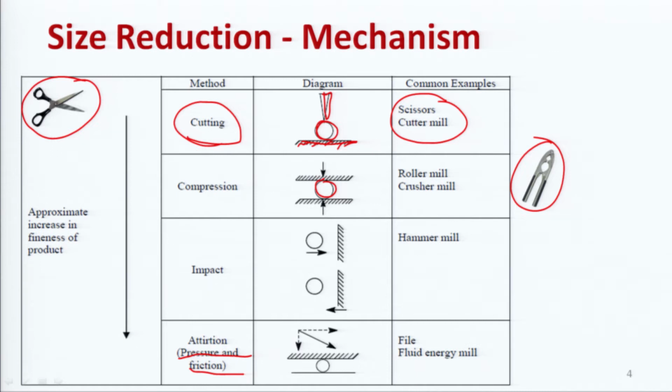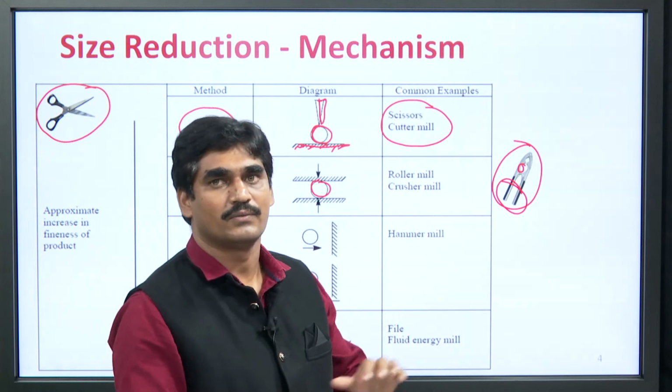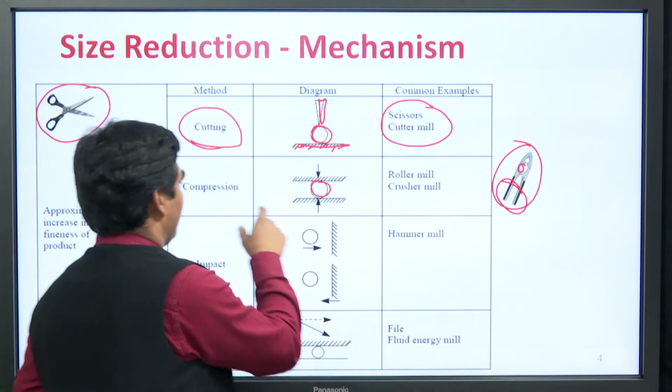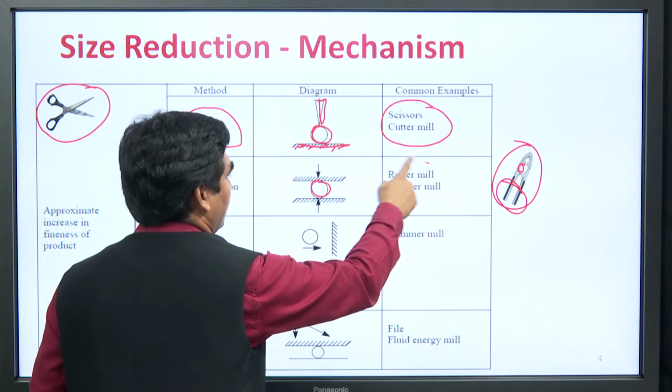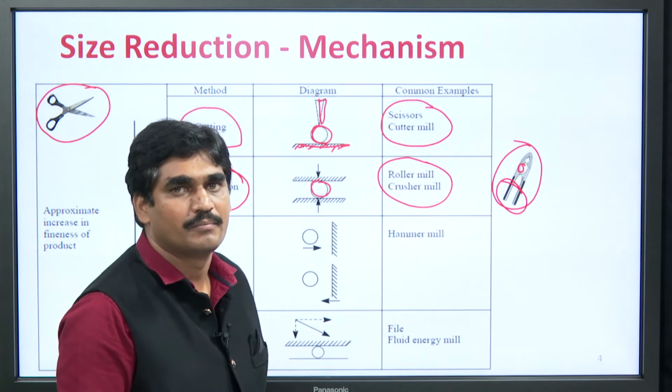If you go to a pan shop, you will see that people are cutting supari with this instrument. What they are doing is placing the object in this position and applying pressure with their hands, and the product is broken into smaller particles. In this way, size reduction can be done with the help of this instrument or a roller mill or crusher mill.